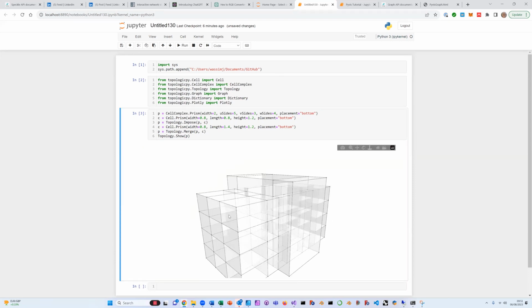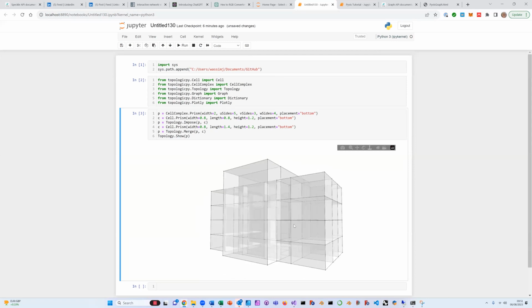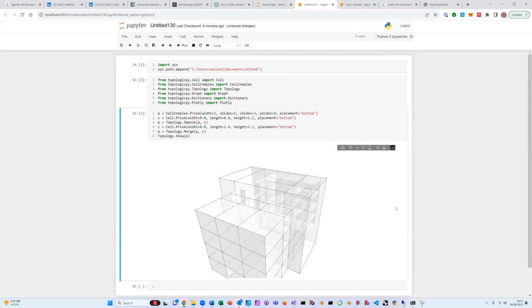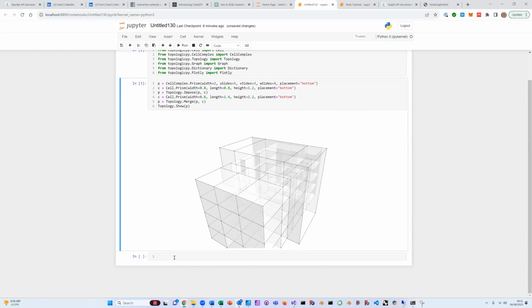It already is segmented into spaces on the inside. Now, in order for us just to see it a little bit more clearly, to show the hierarchy of it, I'm going to make a cluster out of it, and I'm going to explode it. So explosion meaning that I will separate the cells so that it looks nice and I can understand it a little bit more. So cluster is equal to,